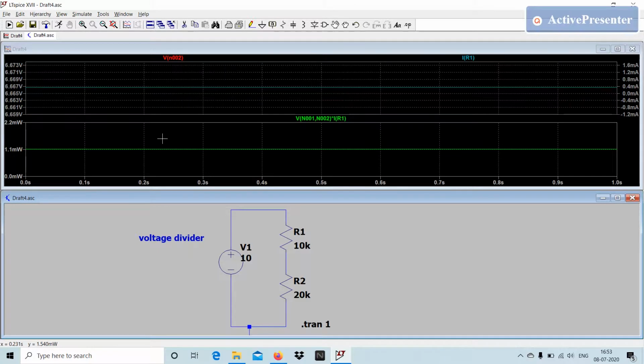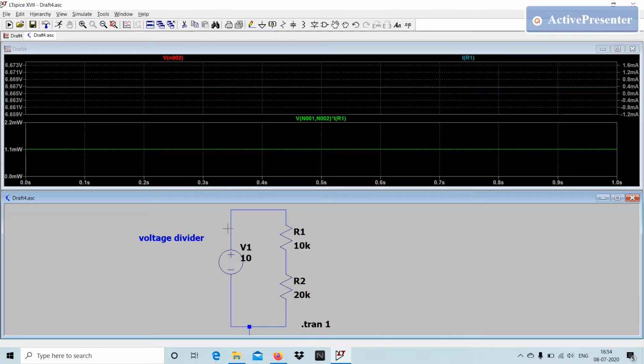Yes, now you can see here I have found the watt rating across the resistor. Here it is 1.1 milliwatt. How have I found this? Move onto the resistor, and you get a current probe. With the current probe, hold the Alt key, then you will get the thermometer symbol. Just click on that one, and you will get the watt rating over here. So I hope you got the idea.